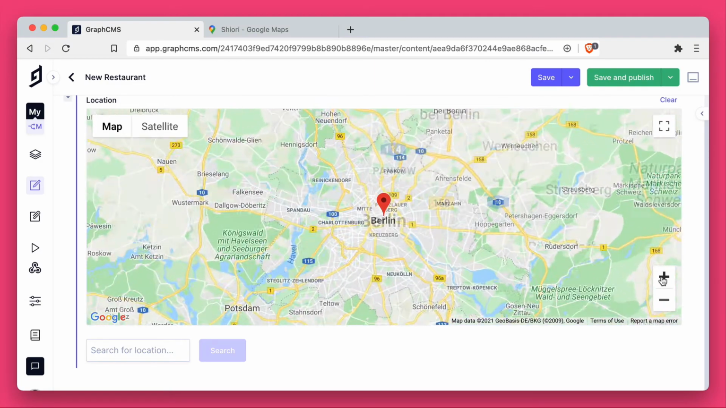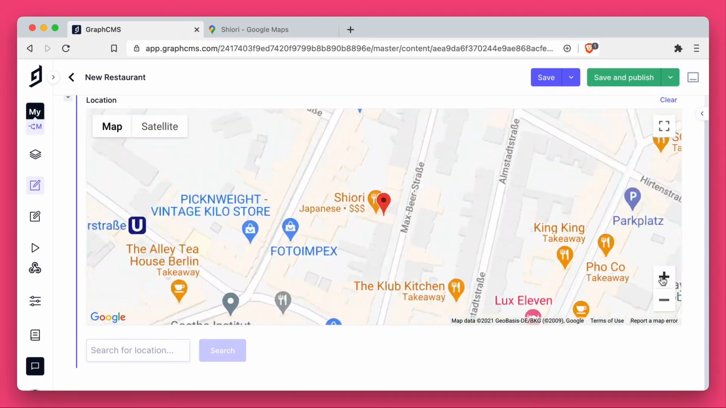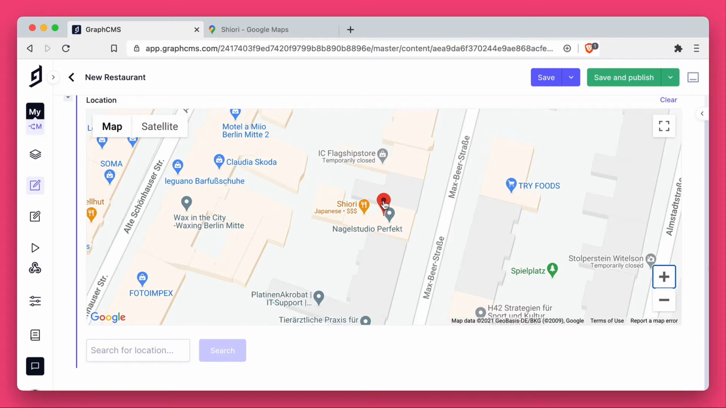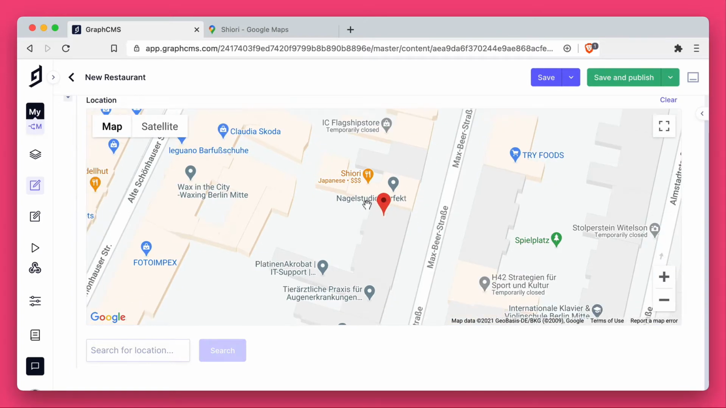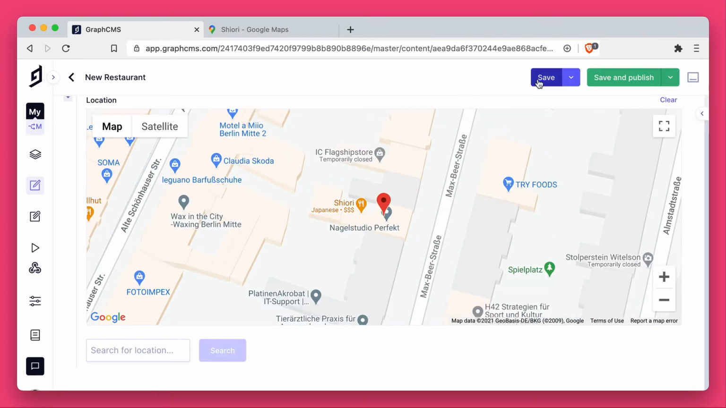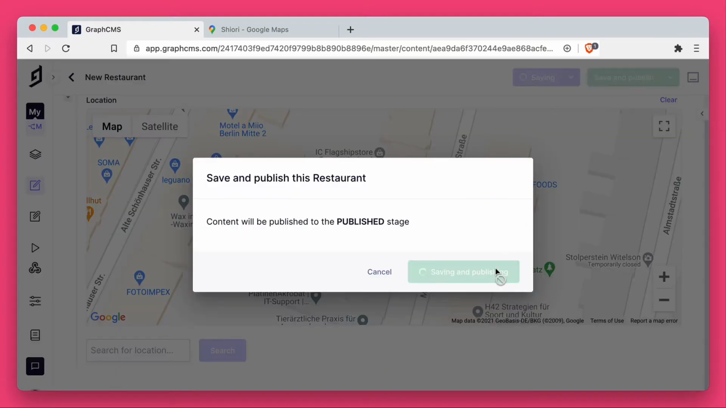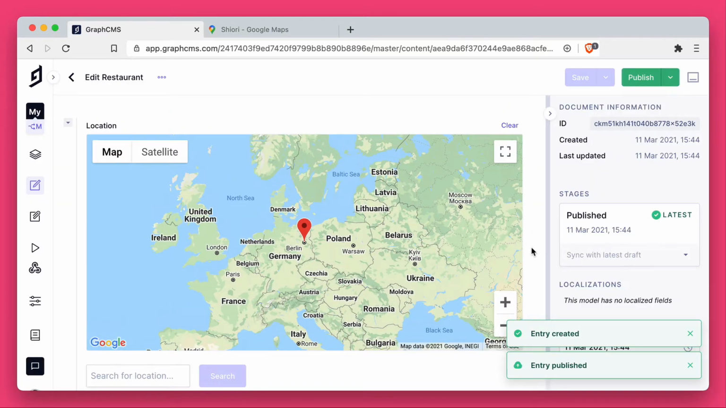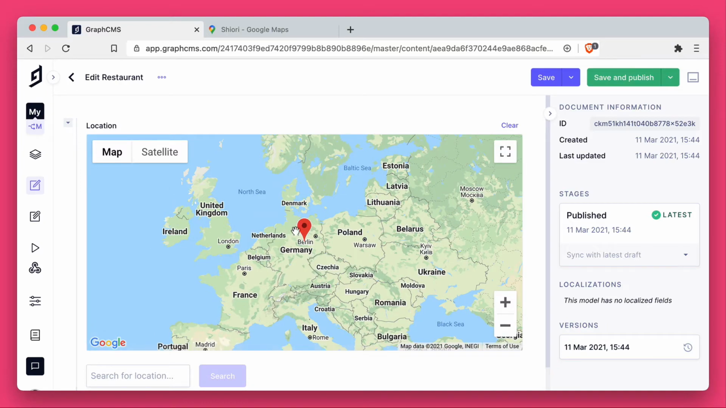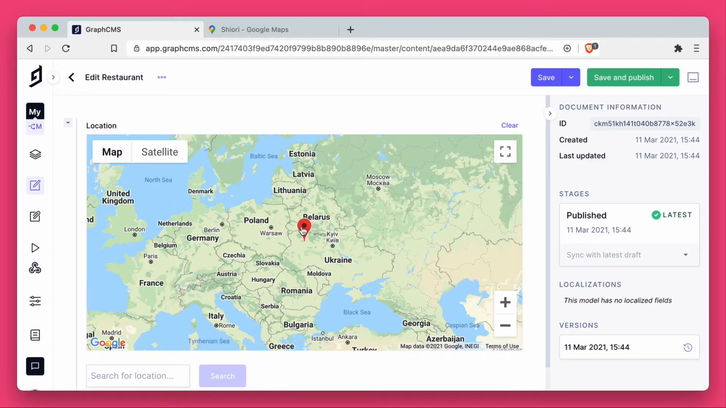And let's check to make sure that it's the right restaurant in the correct location. And if it's not, you can move the pin and drop it on the correct area or building. Once you're happy with the positioning of the pin, you can save and publish. And then now that is saved and published, you can continue to edit that like you would any other field